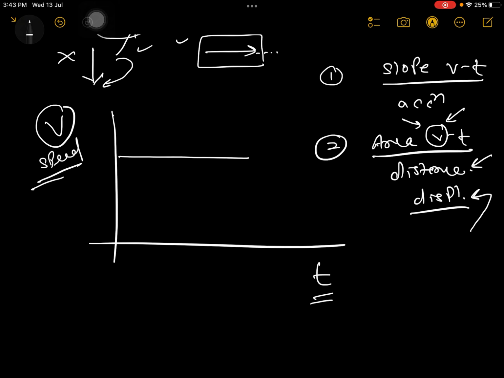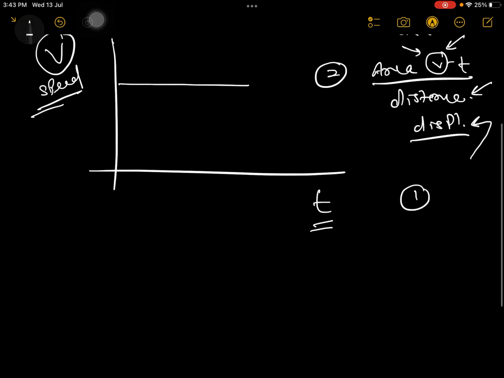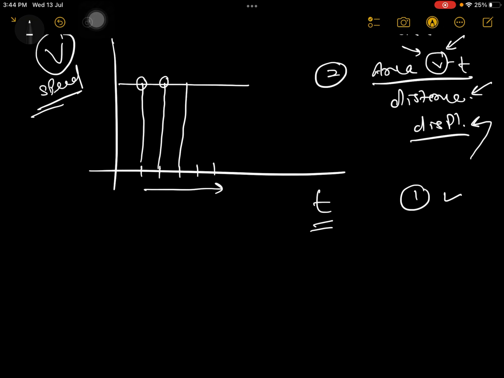If you have this kind of a straight line, this kind of straight line will represent something. What is that? Let's understand. What you have to check first is whether motion is there or not. You can see your time is increasing in this direction, but at this time you have some speed, at this time you have some speed, and both speeds are the same. At this point again all the speeds are the same, so you have a particular speed here. Suppose I'm giving some numbering here,